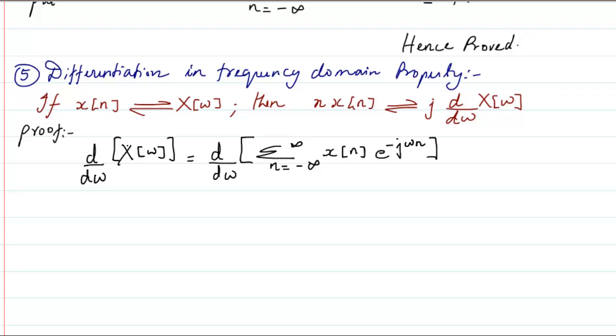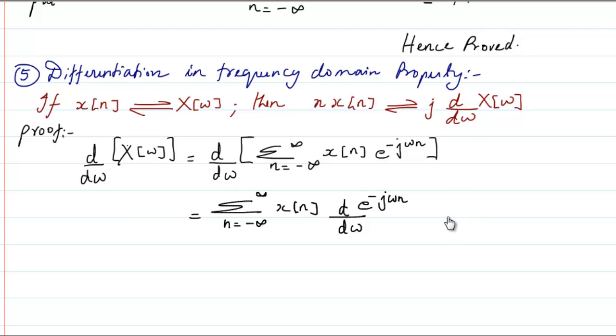Now since there is no omega either here or here, only here, what will happen is that the differentiation will act only on that particular function. So I will rewrite this as summation n is equal to minus infinity to infinity x of n as such is there, and we are trying to take the differentiation with respect to omega of the function e raised to power minus j omega n,